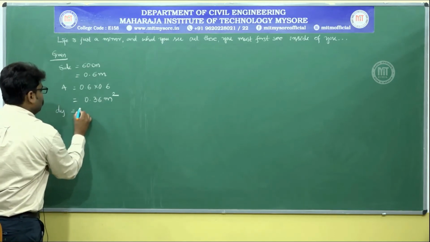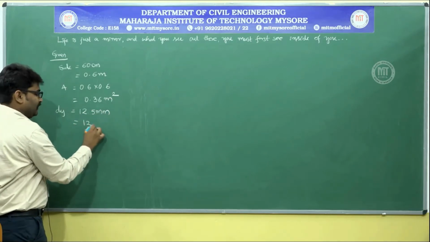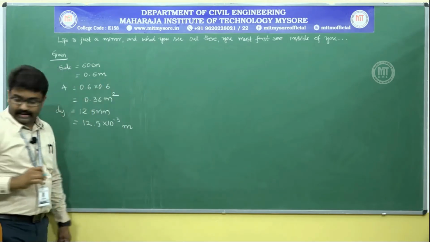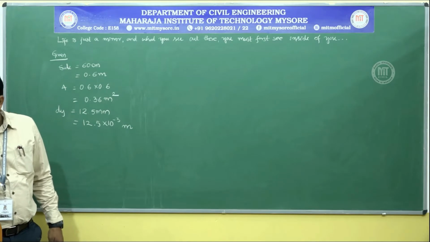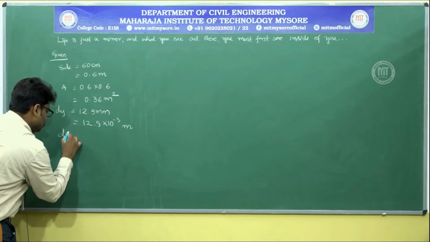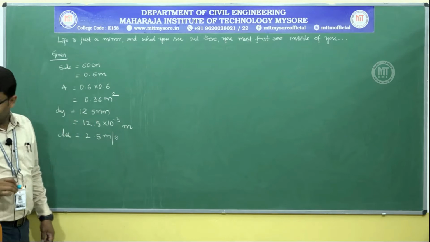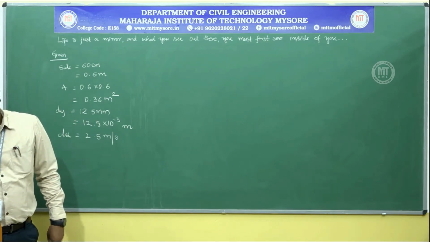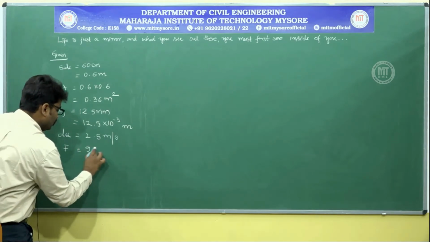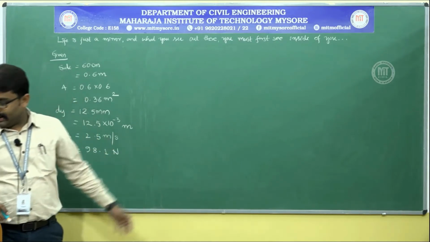Going ahead, you have been given the thickness of the oil film as 12.5 millimeter. So dy is equal to 12.5 millimeter. Milli is nothing but 10 power minus 3. 12.5 into 10 power minus 3 meter. And in continuation, you have the upper plate which is moving at 2.5 meter per second. That means du is 2.5 meter per second. And then you have been given the force required to pull this plate. F is equal to 98.1 Newton, which is in SI unit. Nothing needs to be done.